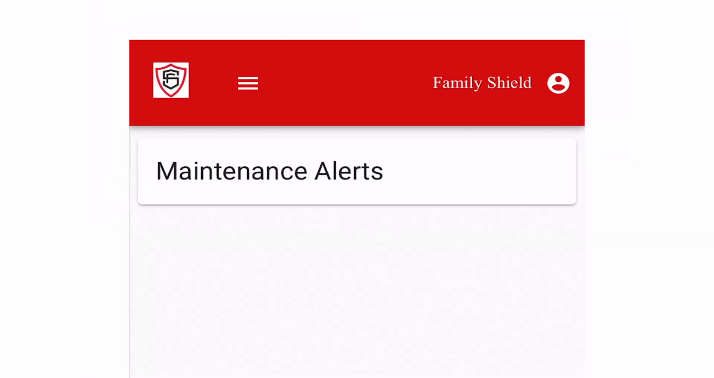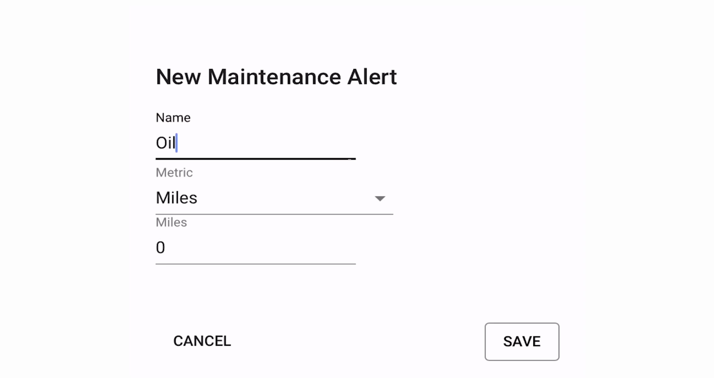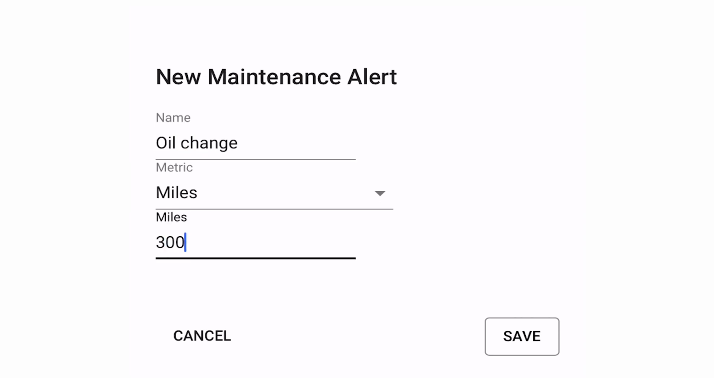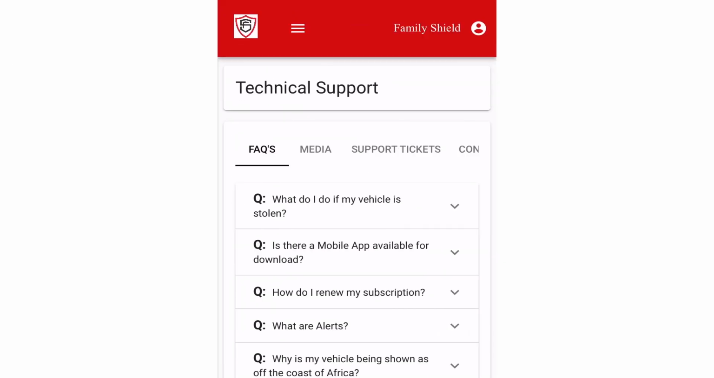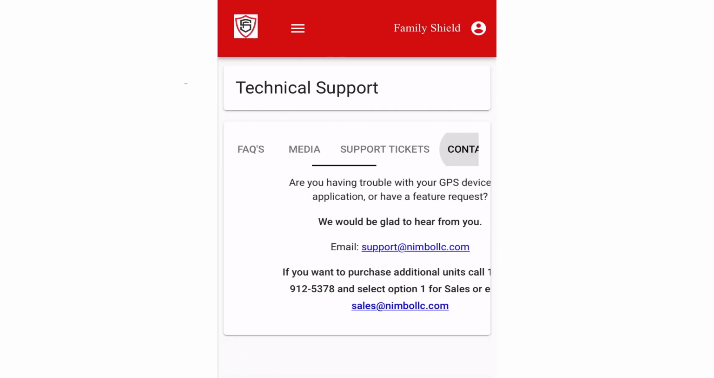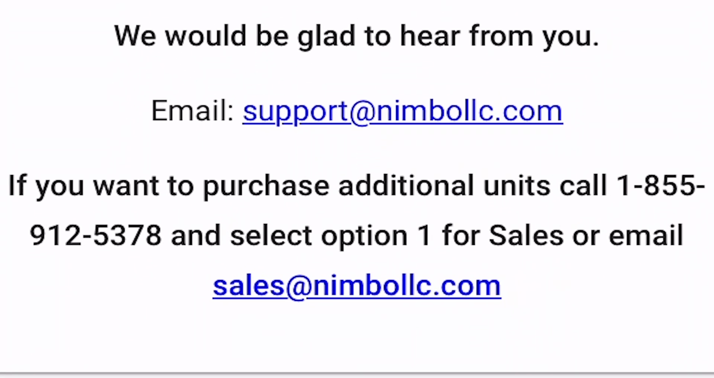Setting up maintenance alerts, like when it's time for an oil change, follows the same process you're now familiar with. If you have questions about settings, features, or user support, you can utilize the in-app help menu for more information or to contact us at